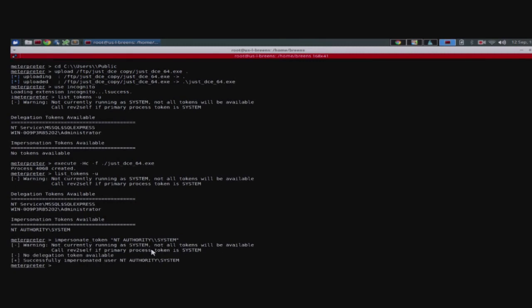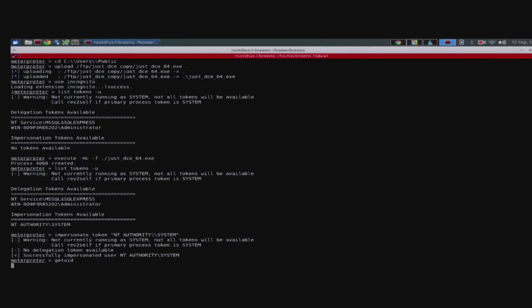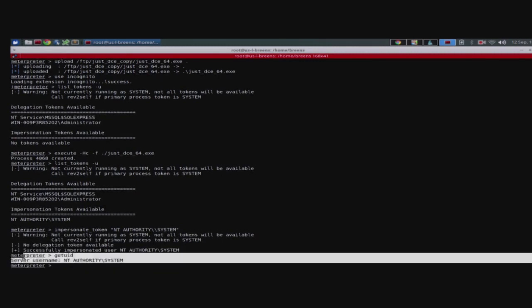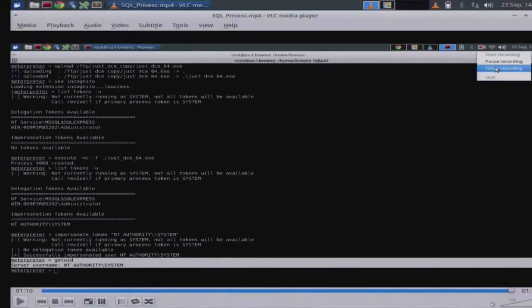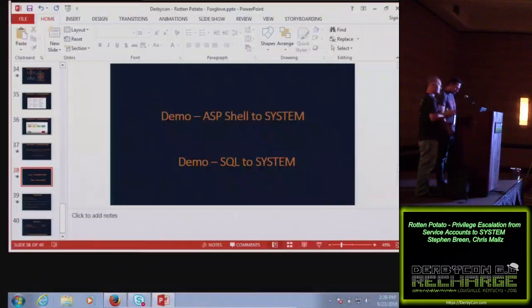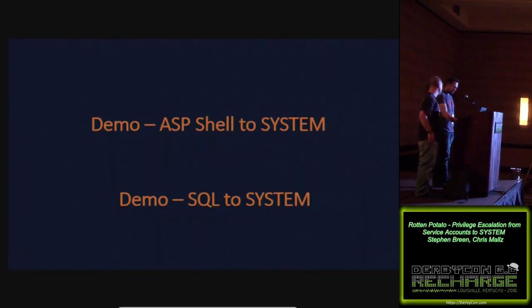This is actually going to work for some time to come. This is the intended behavior, and I'm not sure why. I've looked, and I've never seen anything about this before online, and I was kind of astonished by that. I mean, this is how it's supposed to work. If you pop an IIS server or an SQL server, it's designed to have these privileges, so you're designed to be able to do this. So this will be around for quite a while.